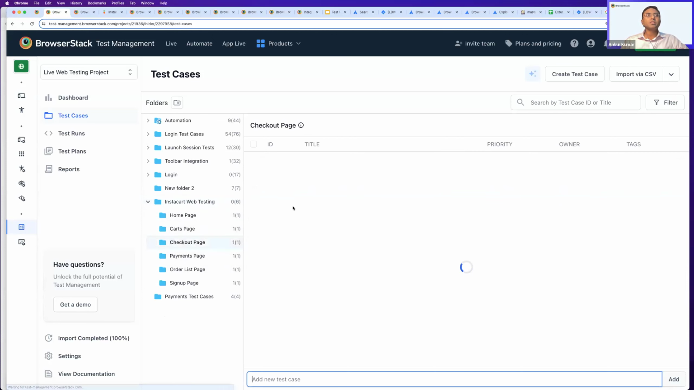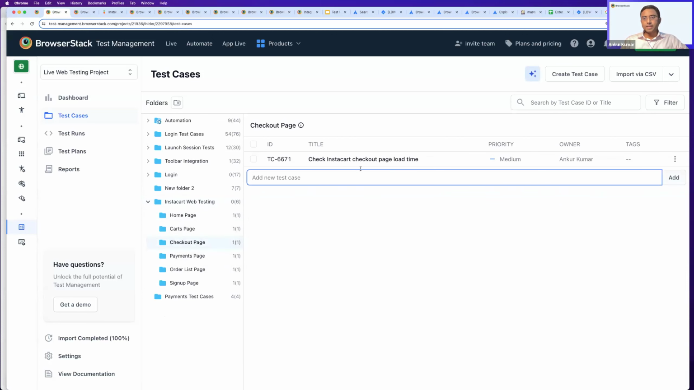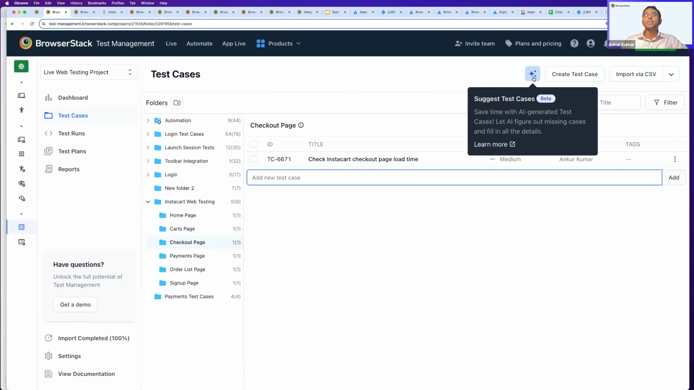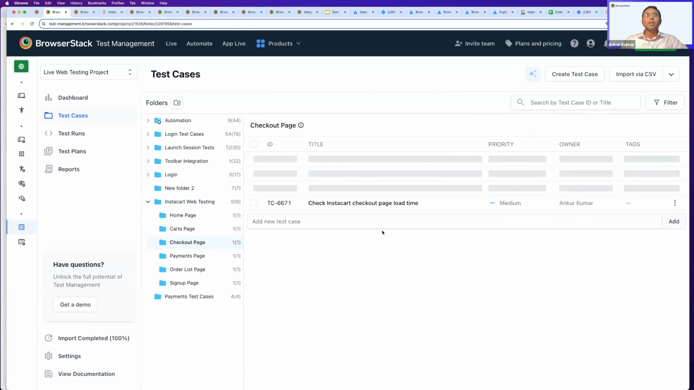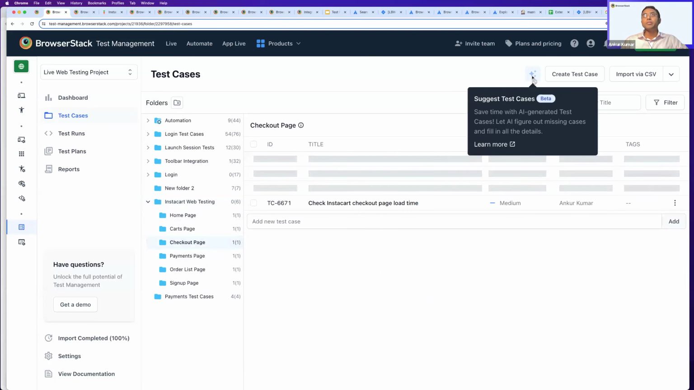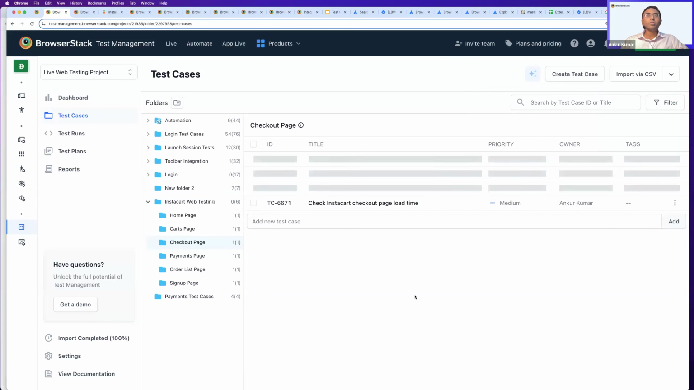Let's say I go to checkout page and I see that it has only one test case right now, which is added, right? So it says check Instacart checkout page load time, right? What if I want more test cases to be added here? So I'll click on this generate capability. And what this capability does is, in the background, it will start looking for certain test cases which could be potential additions to your existing repo, right? Meanwhile, while this happens,